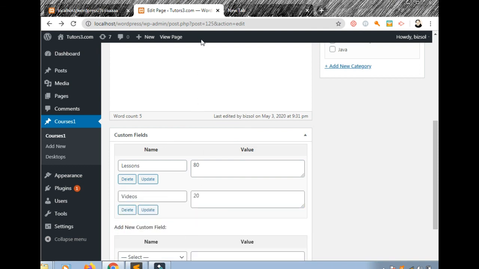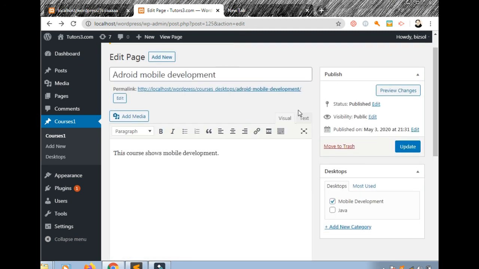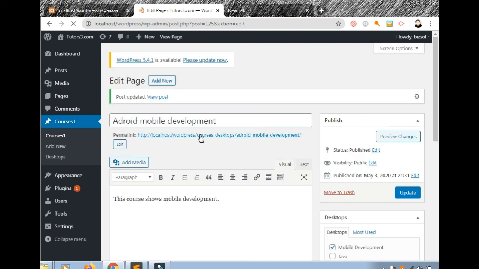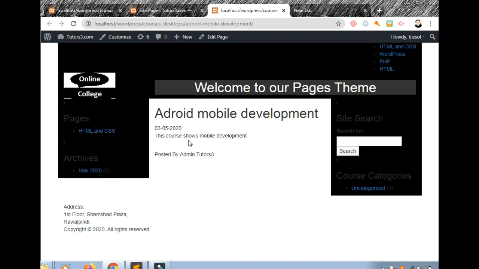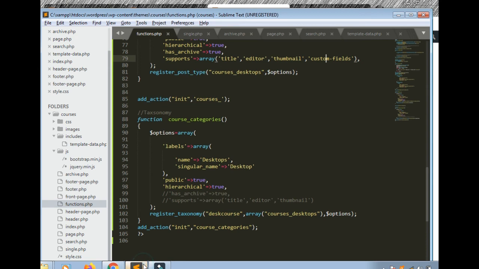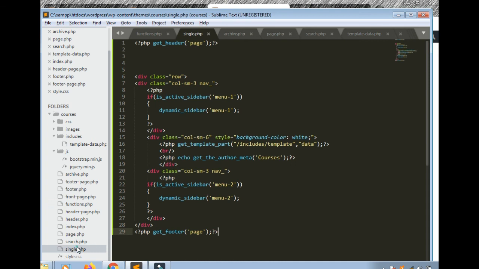These two custom fields, if I go to update this and I open it in a new window, it is not showing here. To show those custom fields, we should go to single.php and we should add after the course